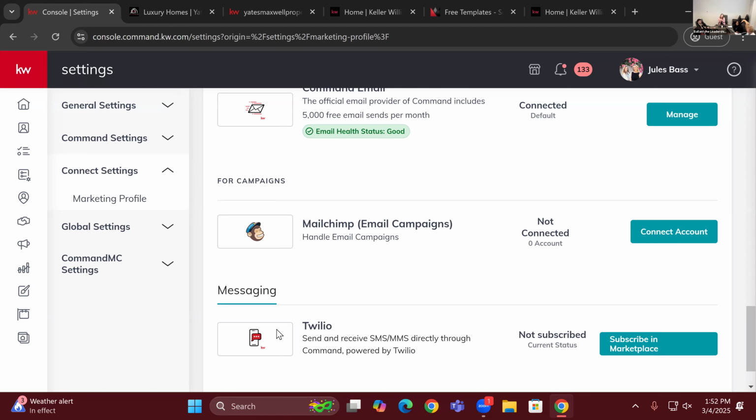But this is not your phone number. So when they reply, it will go back to your phone number, but when you're sending it, it's not your number, since you get your own Twilio number. And when you first send the Twilio text message, it says reply stop to unsubscribe. So they are very aware that this is a marketing phone number.